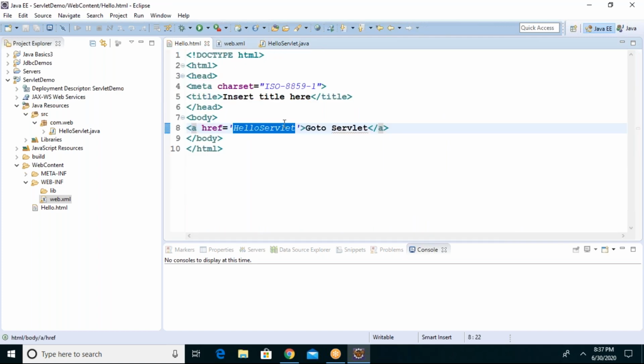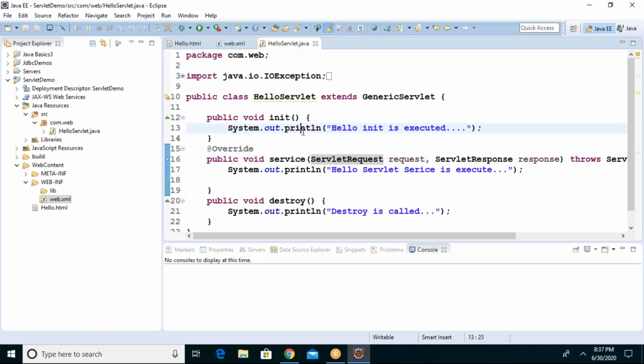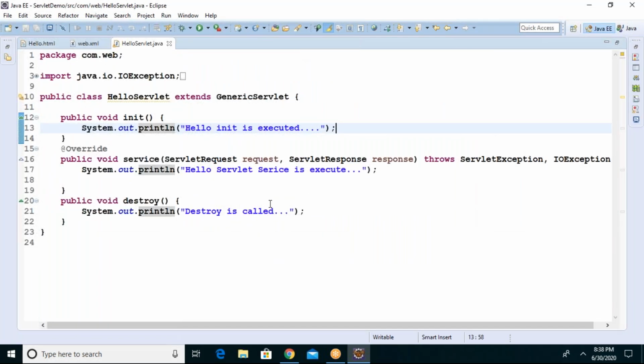And when I click here, with the help of web.xml, we could call this particular servlet, guys. Let me do one thing. After this, in the servlet, we just printed a simple System.out.println message. Boss, we are not dealing with a simple core Java or basic program. We are dealing with a web application.